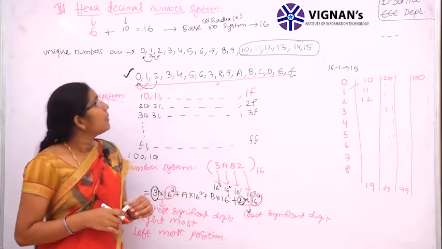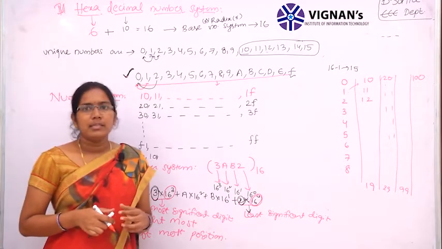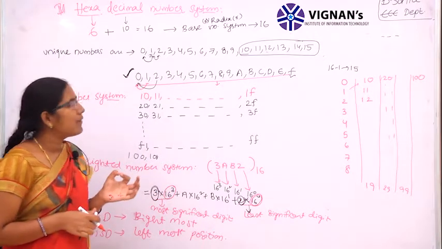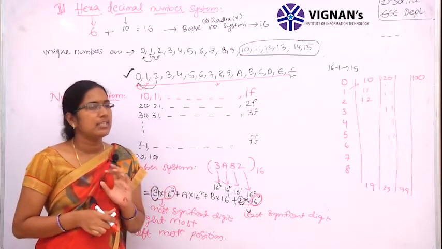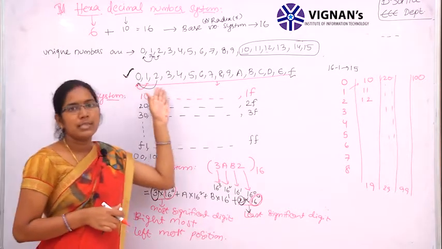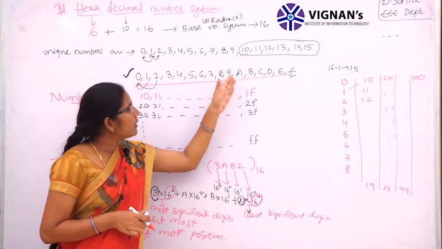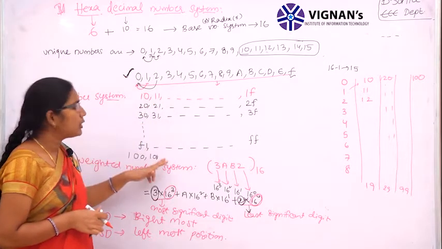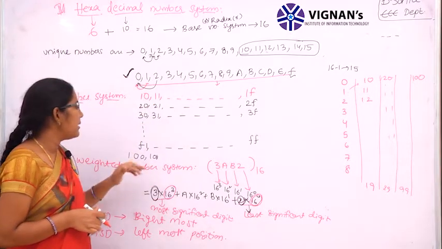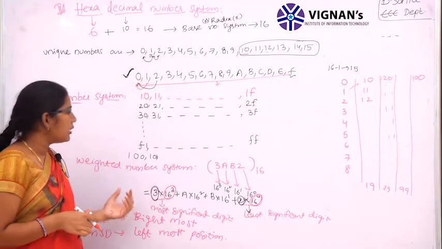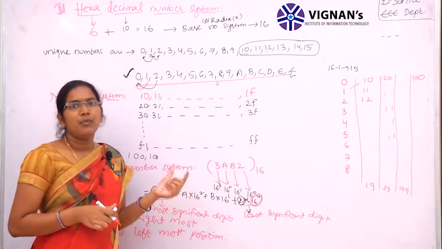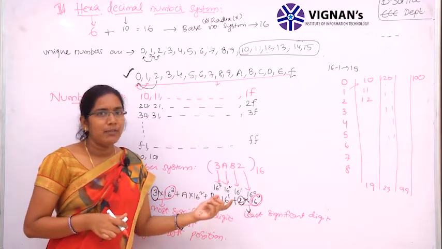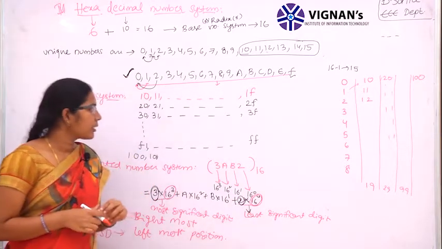Right. Coming to the conclusion, hexadecimal number system is having 16 unique numbers. So here this number system is having base or radix 16 and the numbers are from 0 to 9 and we are having A to F. Based on these unique numbers only, we can develop the total number system of hexadecimal. This hexadecimal number system is also a weighted number system. Weighted number is nothing but each digit in the number is multiplied with their positional weights.